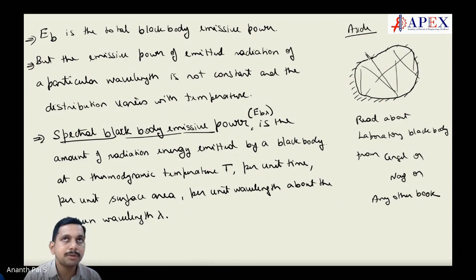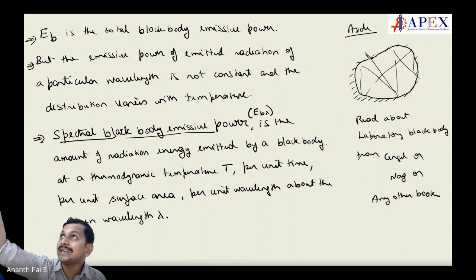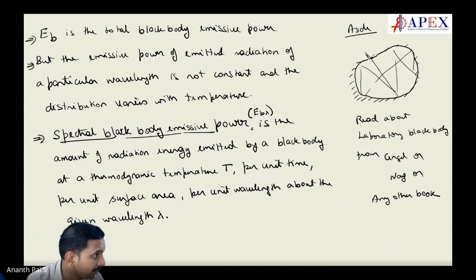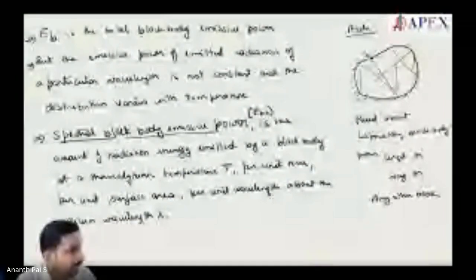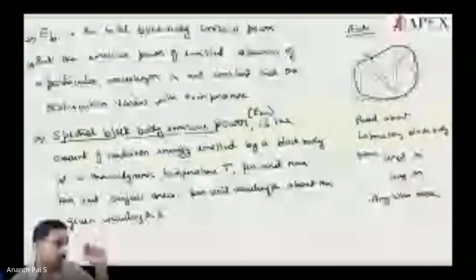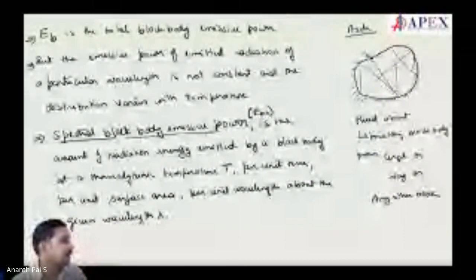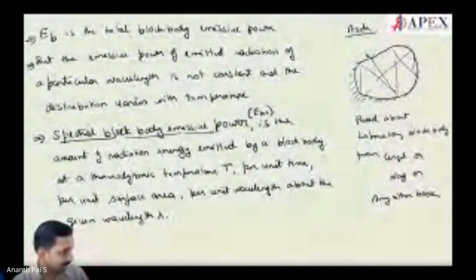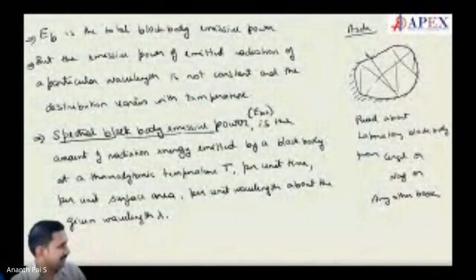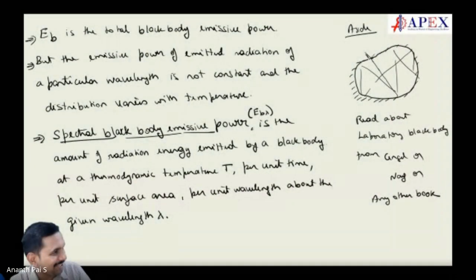For example, you may have this white light. Now this white light is not just white light, it has all the lights coming. You can take it to a prism and you could see all the different colors of the light. So the intensity of a particular color in that white light may be different. It is more bluish white, or more yellowish white, or more greenish white. Which is more in that?